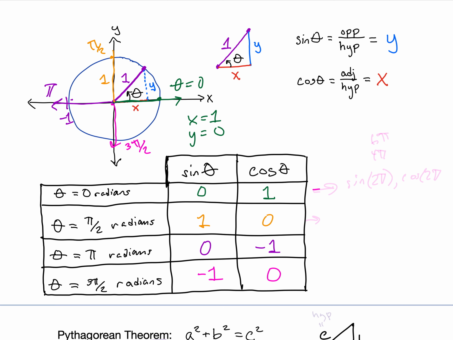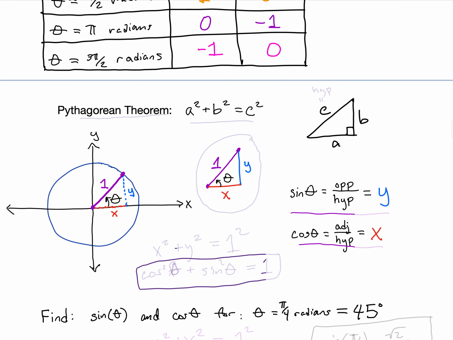So this is the same as what would happen for sine of 2 pi and cosine of 2 pi, and also for 4 pi and 6 pi and so on and on. And each of these will be the same value cycling every 2 pi. So if we add 2 pi or subtract 2 pi as many times as we want, we'll have those same sine and cosine values. To find sine and cosine of some other common angles, we're going to use the Pythagorean